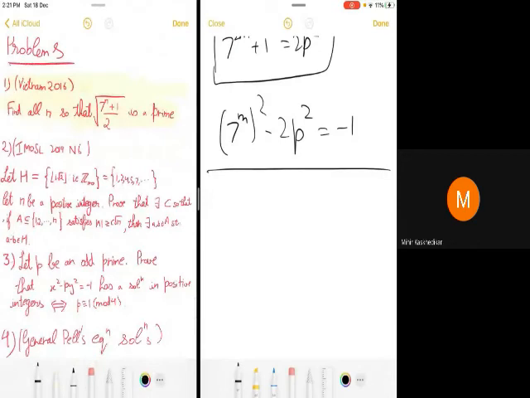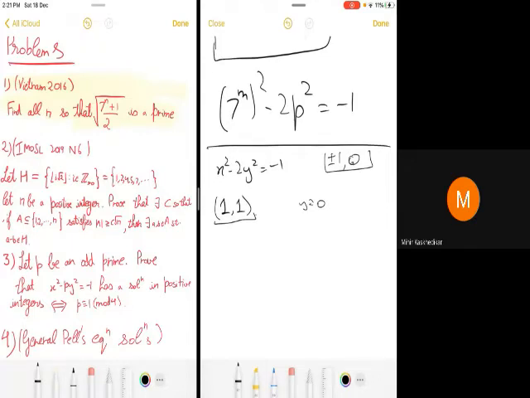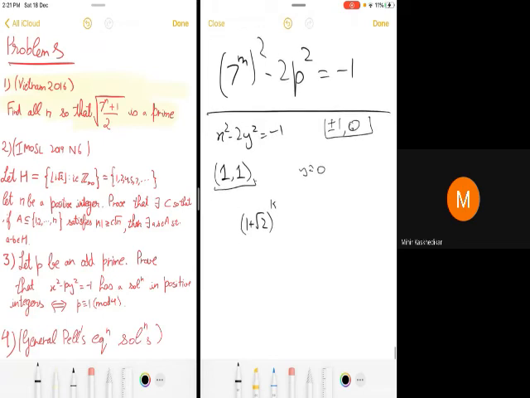This equation has fundamental solution 1 comma 1, because there is no smaller value. If y is 0, then we get the trivial solution plus minus 1, 0, which we ignored in the first instance. So this is actually the fundamental solution, for which we know that every positive solution is of this type. So we must have that